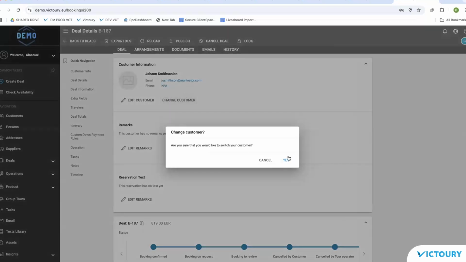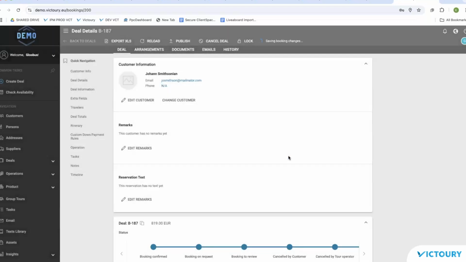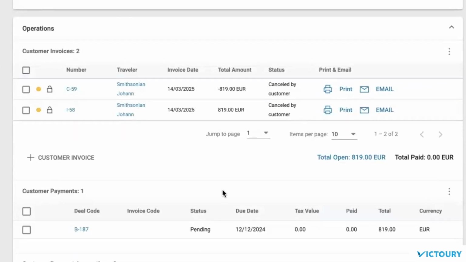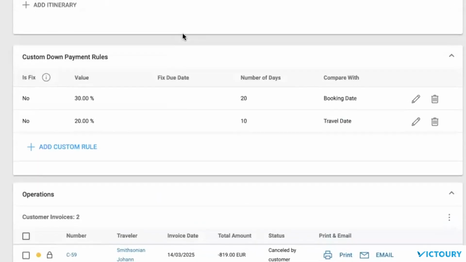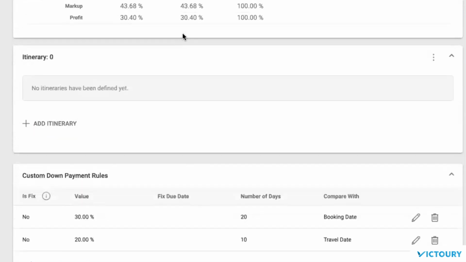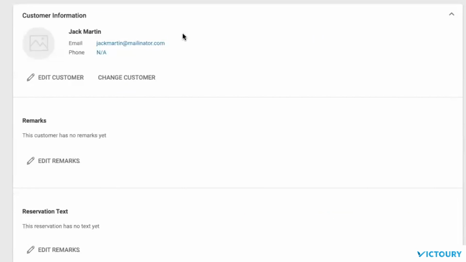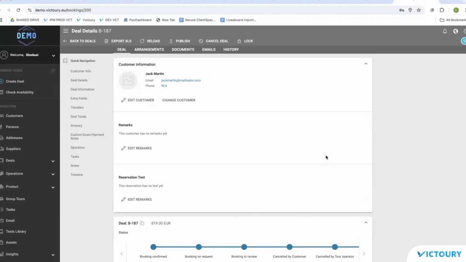And the system asks me whether I'm sure. I am sure. And after reload, the customer details have changed. The already issued and credited invoice has not been changed, because that has been issued, and the credit note also, for the old customer. But aside from that, everything has been redone. The accounting related to the deals and everything has been put on the ID of this new customer. So this is the new customer of this deal, and everything related to this deal has been assigned